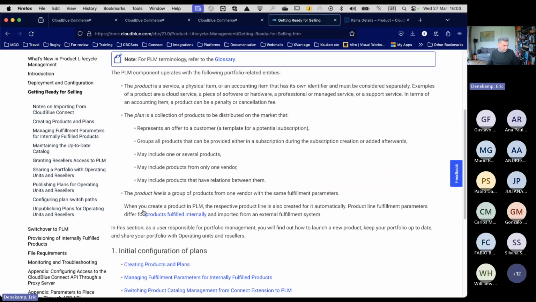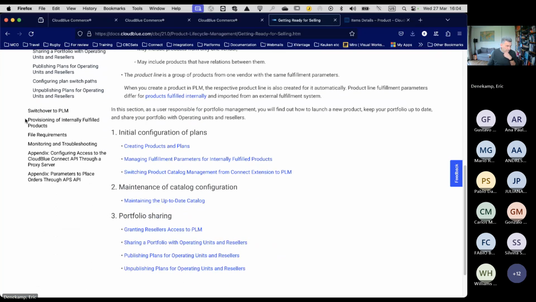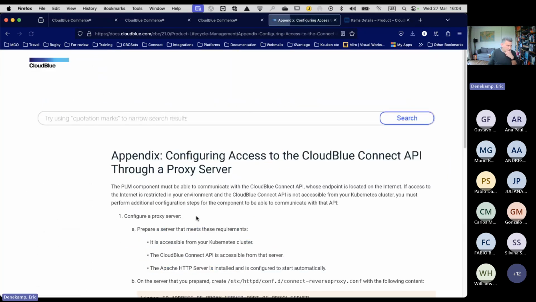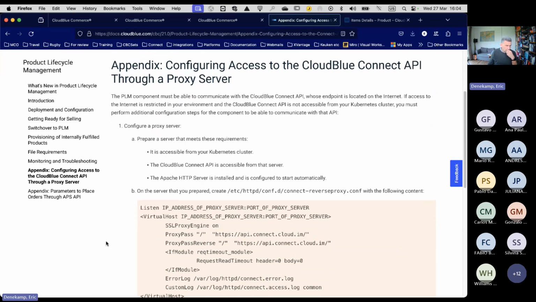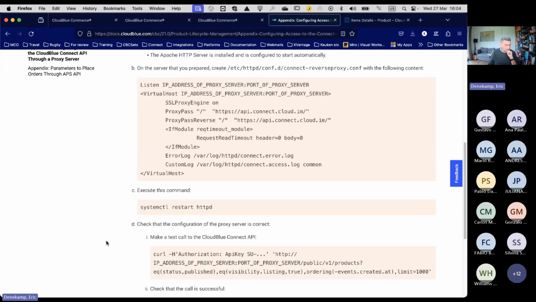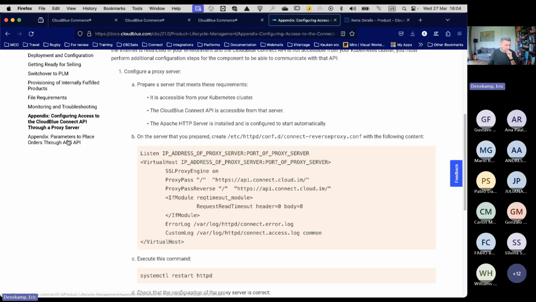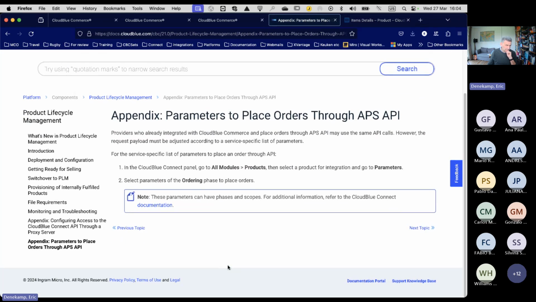We have to create plans, switching paths, unpublishing plans for operating units and resellers. We talked about that. The file requirements, monitoring, and then we've got access to the API through a proxy, how to do that, and to place orders using the API. We have documentation on that one.